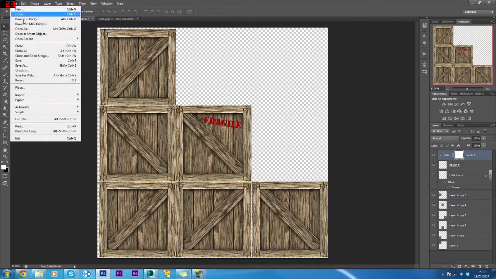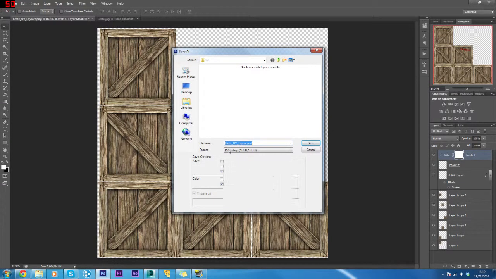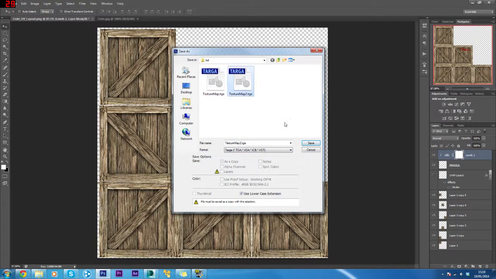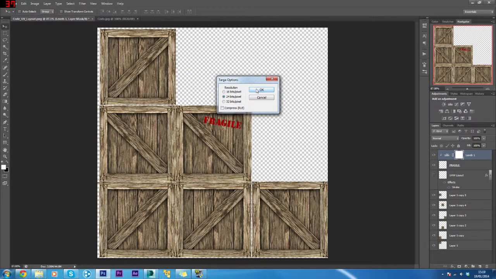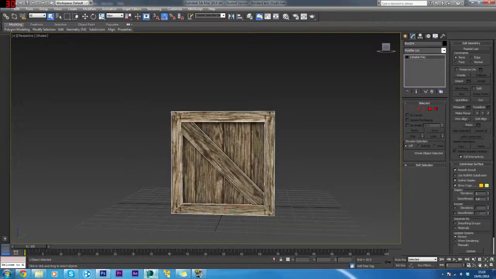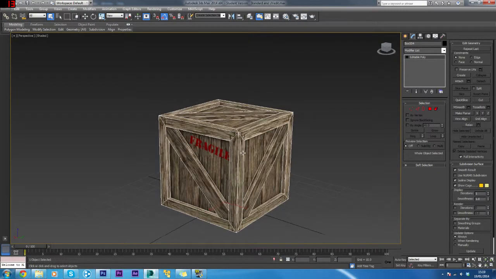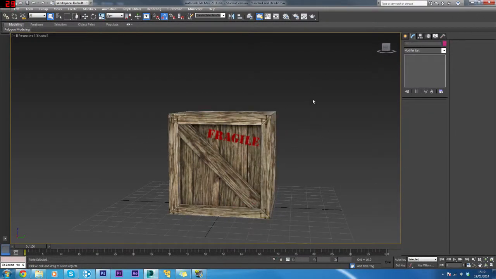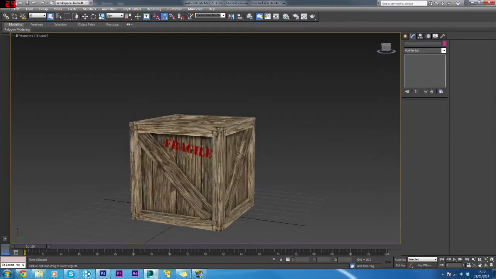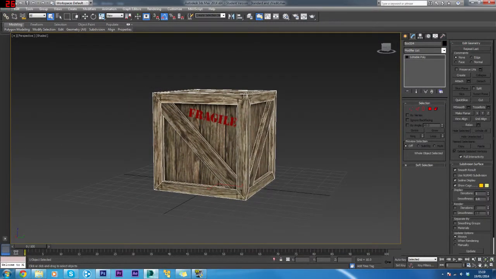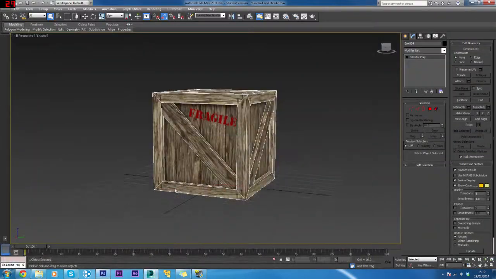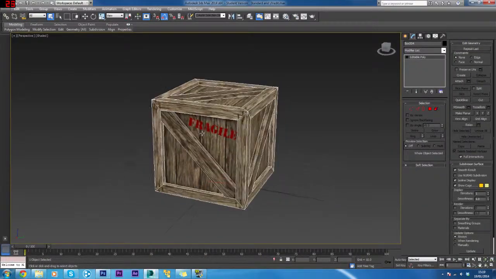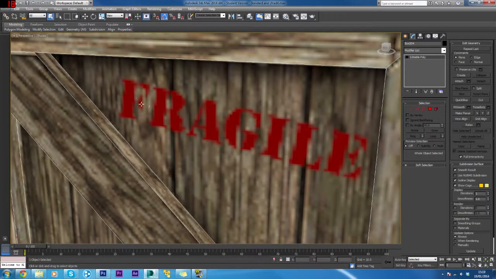And we'll just resave this, so File, Save As, change it to Targa, click Texture Map 2, press OK. Okay, and we'll just go back to Max. And there you go, it's automatically updated. So if you do want to make changes, you just go back in Photoshop while this map is still on the box, make your changes, save, and what it will do is automatically update in 3ds Max. As you can see there,